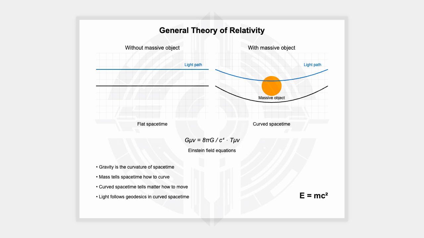Yeah. Like, how can something we experience every day be so different from what we thought it was? Exactly. Like I jump up, I come back down. That's gravity, simple, right? But Einstein came along and said, hold on, there's a whole lot more going on than meets the eye. He did. And to really understand general relativity, we kind of have to rethink our whole concept of what gravity is all about. Okay, so let's do it. Let's break it down. Where do we even begin?